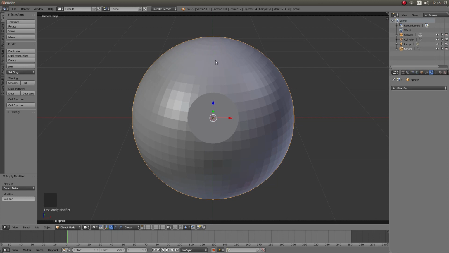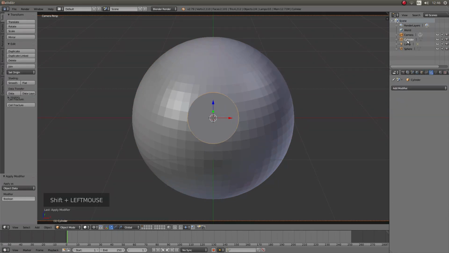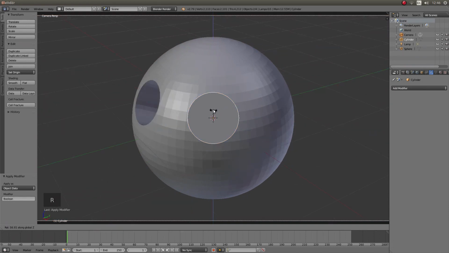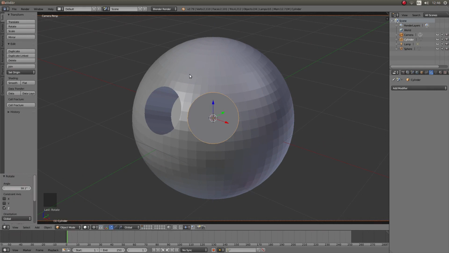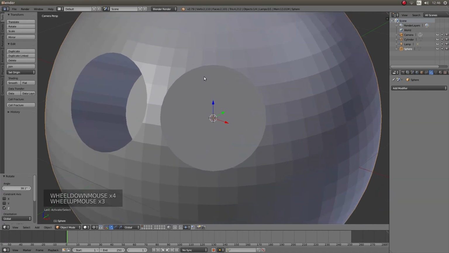So we don't want to upset the setup here, so if you left click on the camera and then hold down shift and left click on the cylinder, we'll press RZ and we'll move this around by moving the mouse. So I don't know, we'll go with this view here, and then left click. Now right click on the cylinder, roll your middle mouse, and then you want to select, right click on the sphere, not the cylinder. So with the sphere selected,